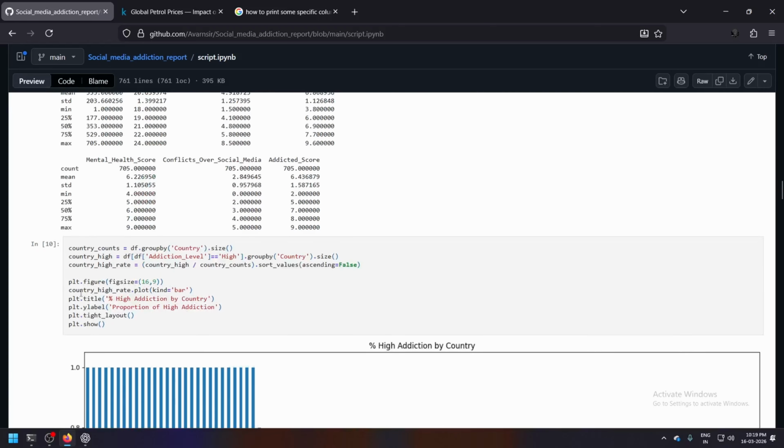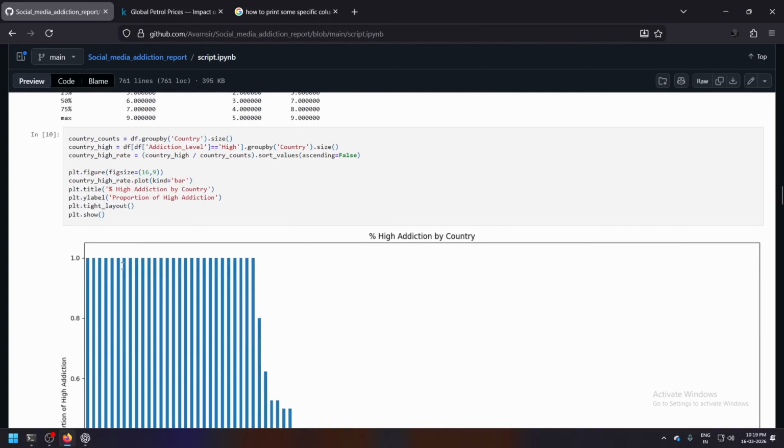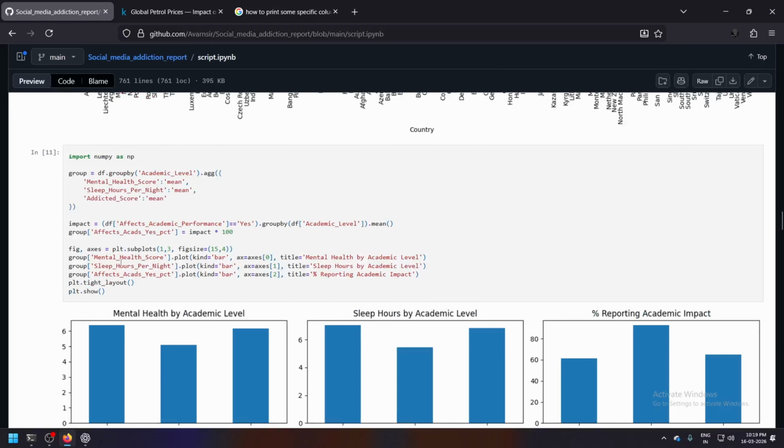Okay, so this one. This is basically a country high rate percentage where I made some legends like a mathematical group and size and stuff.